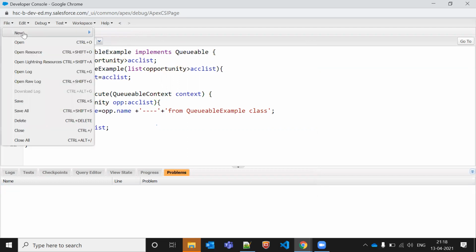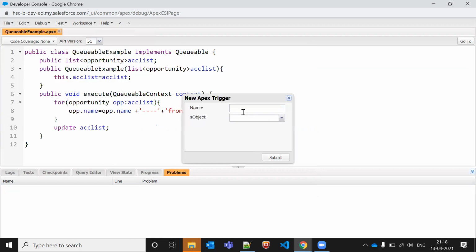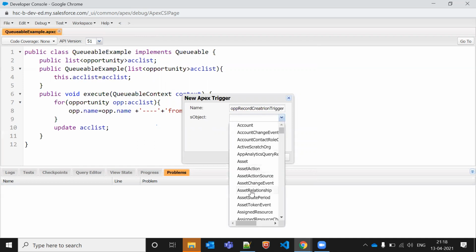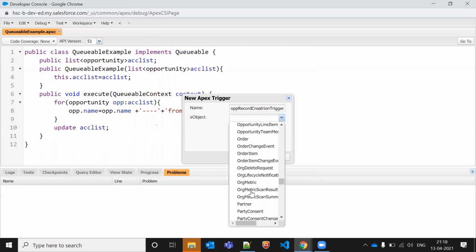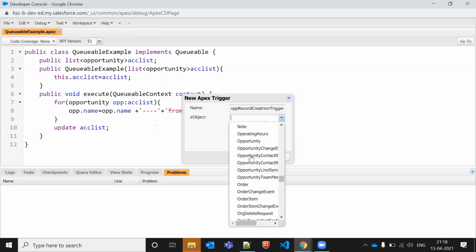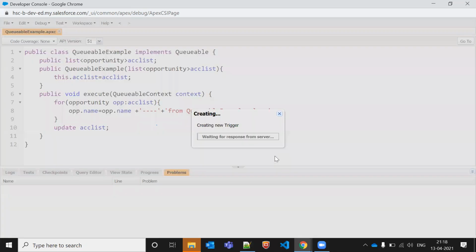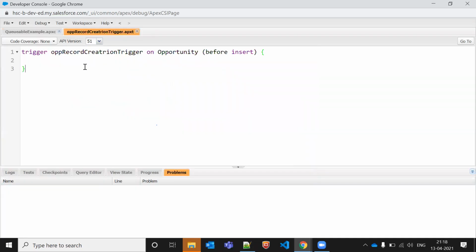Okay, so we can use it. Let's go to opportunity only. Opportunity record creation trigger. And parallelly we can create our helper class as well.